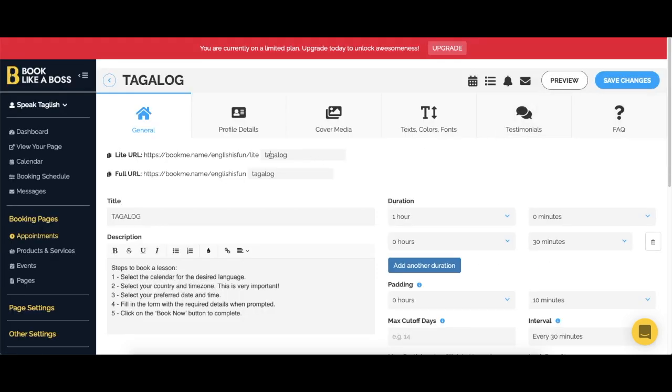You can also change this if you want to change, say, Tagalog or whatever calendar you want. Sometimes I would say Tagalog 1 hour, so I know from the link that it's 1 hour. But see, we created two durations. Here we have 30 minutes too, so we don't need that. Okay? So click preview, and this is how it looks